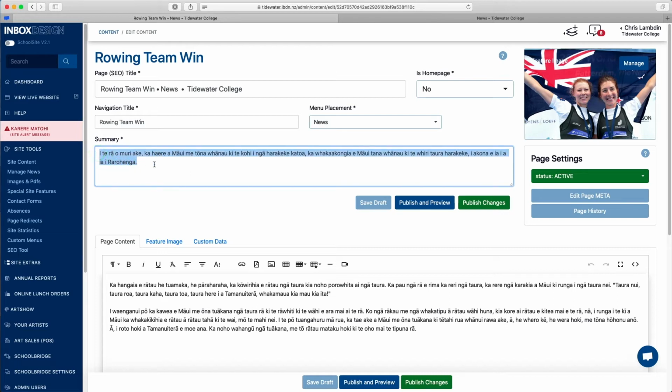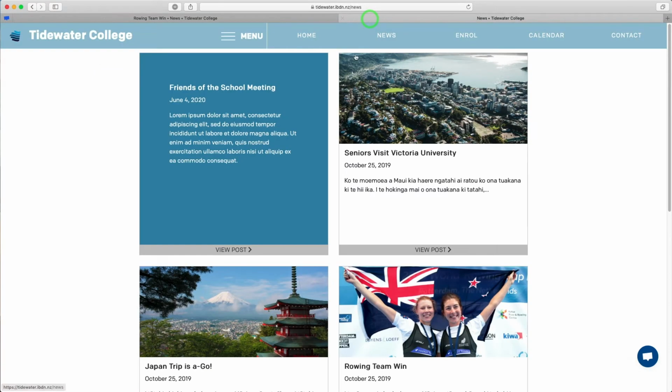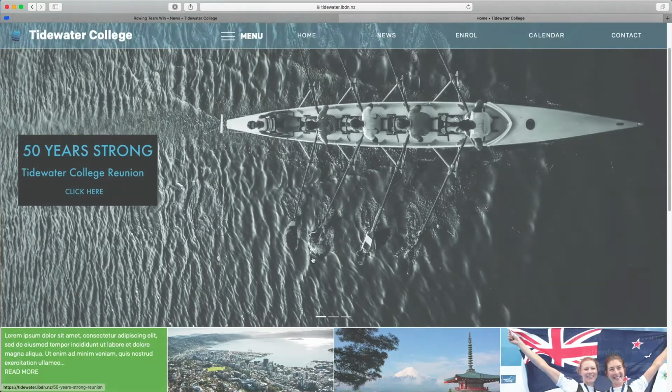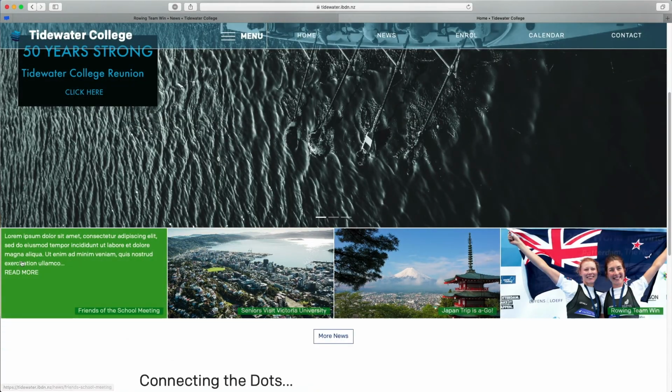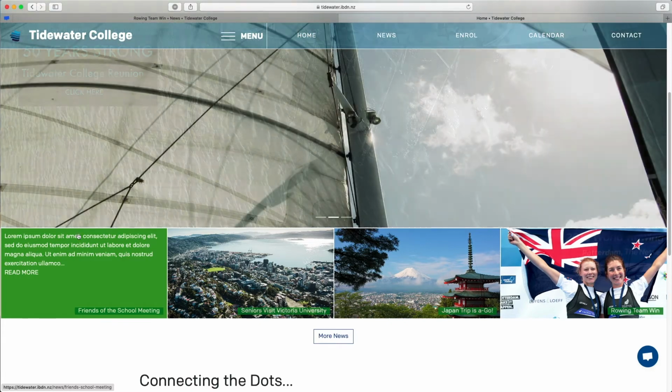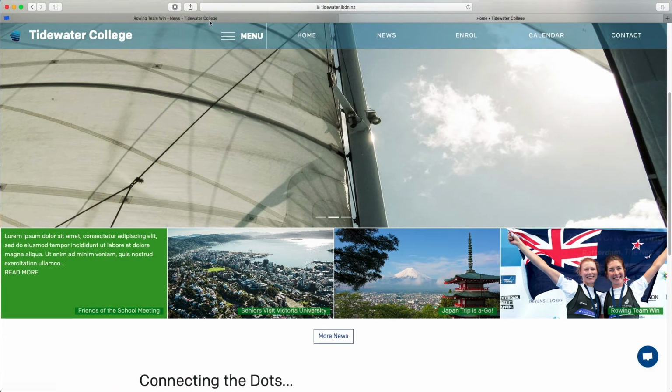Now, the summary is a little bit different with this, because what we tend to do is we take the summary and we separate that out so that we can use that to display on these previews. So this is a summary, and this is a summary, and we also use that back on the home page to show the summary here. So that way we can just clip that bit of text out and use that. And it also allows us to do different things with it,